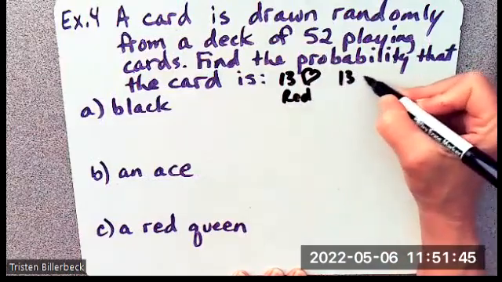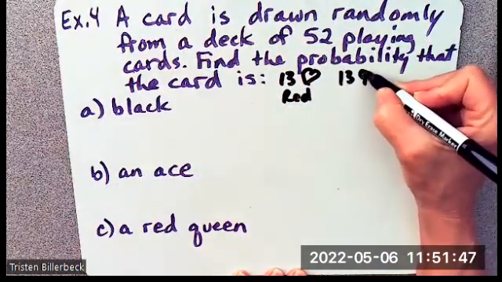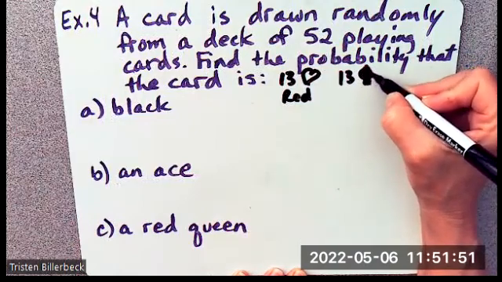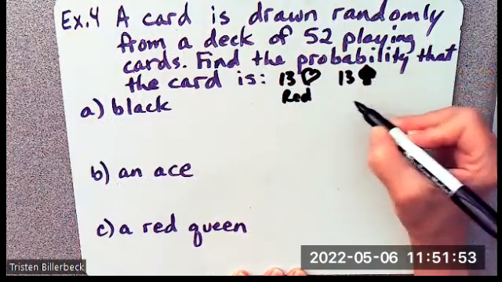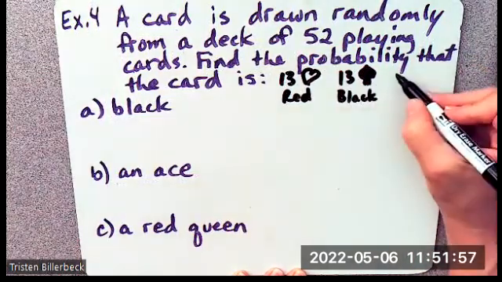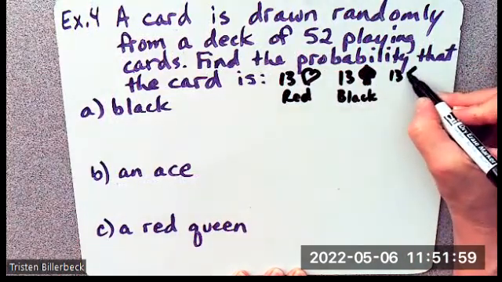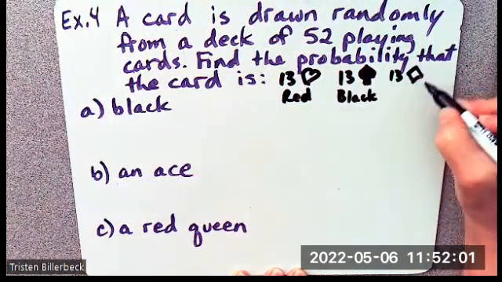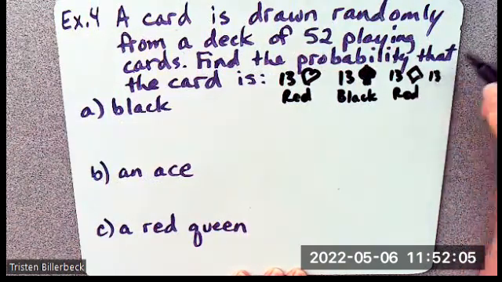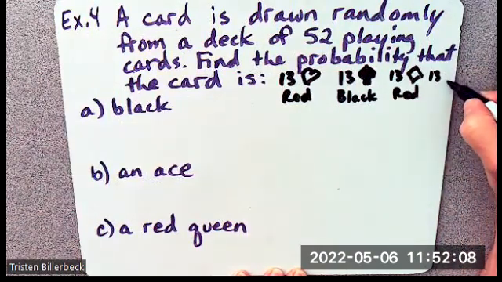Then we have 13 spades and they're black. We have 13 diamonds and they're red. And we've got 13 clubs